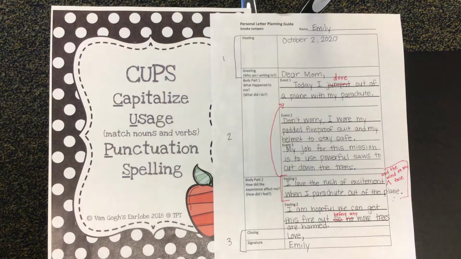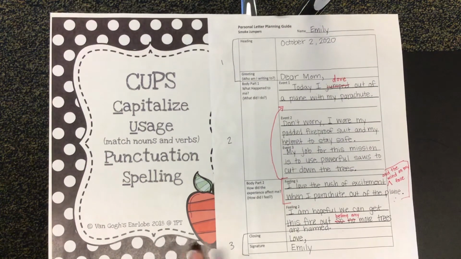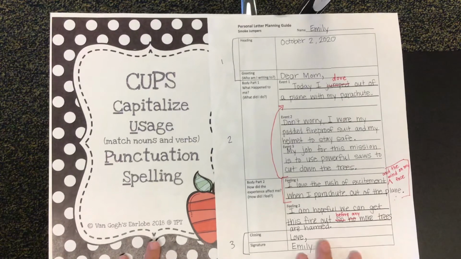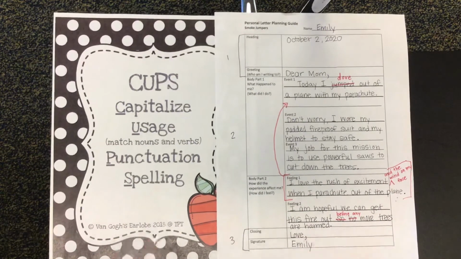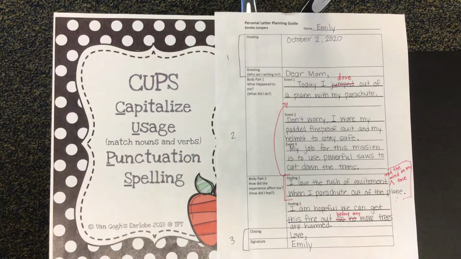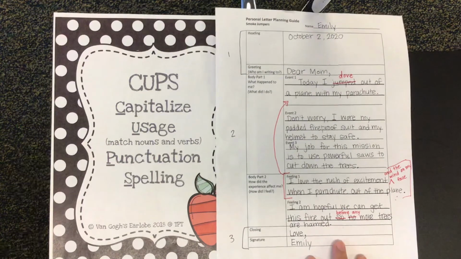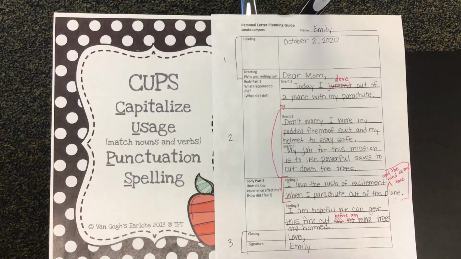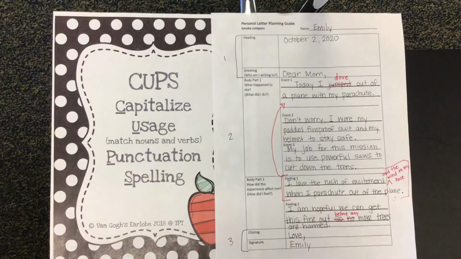So we have done our revisions with ARMS yesterday, and today we're going to go through the editing process using CUPS. Now in our last one we used COPS, but I found that a lot of friends weren't using full sentences. Remember when we talked about complete versus incomplete sentences? So I want to use CUPS this time to make sure that when we get to our U, we're checking to make sure that we have a noun and verb or a subject and an action in every single sentence